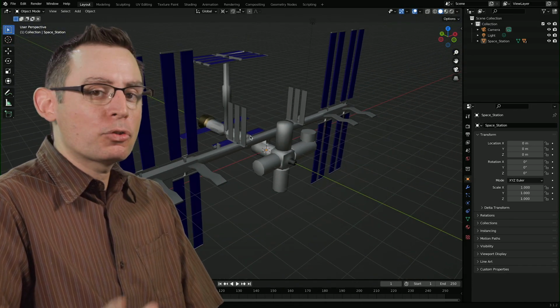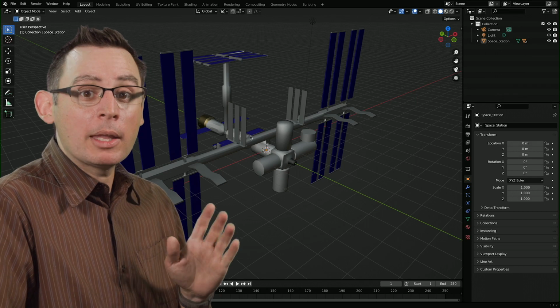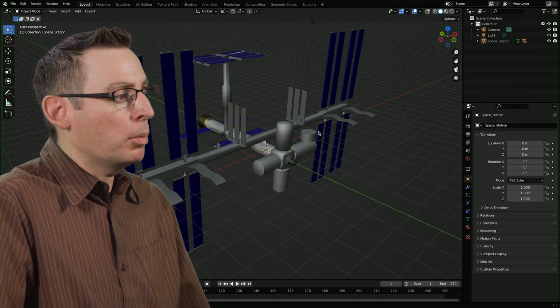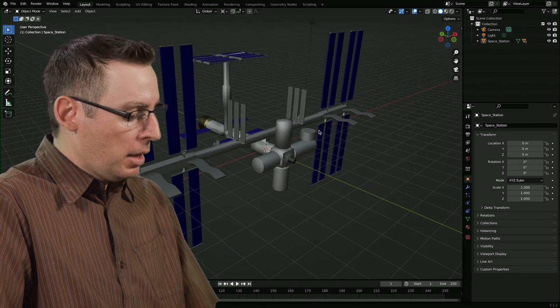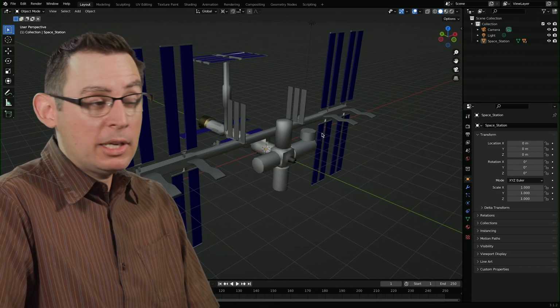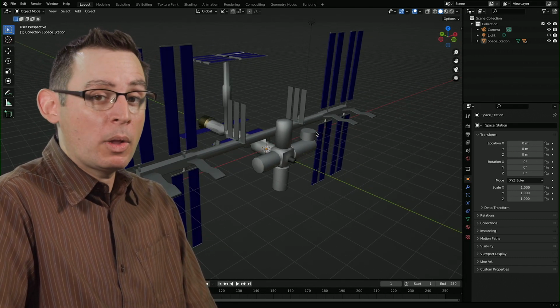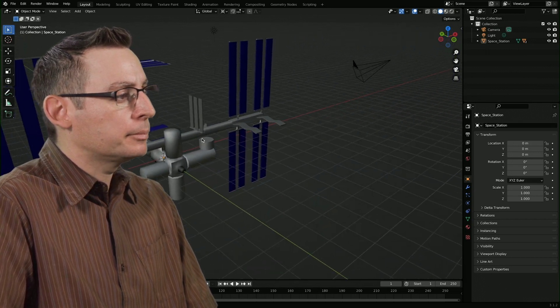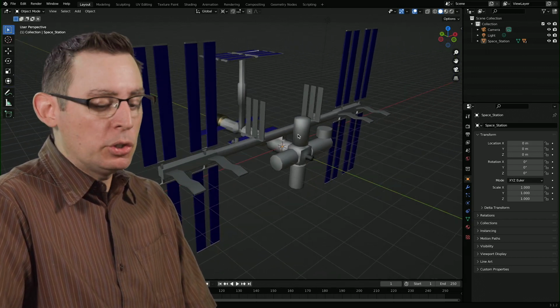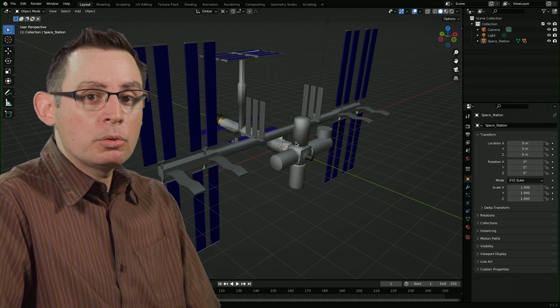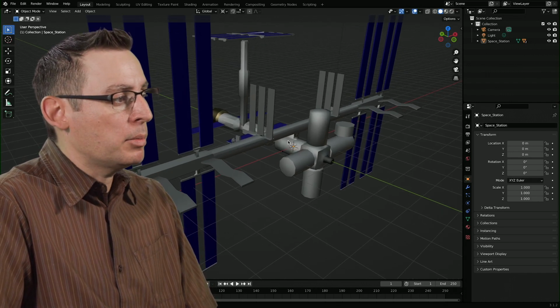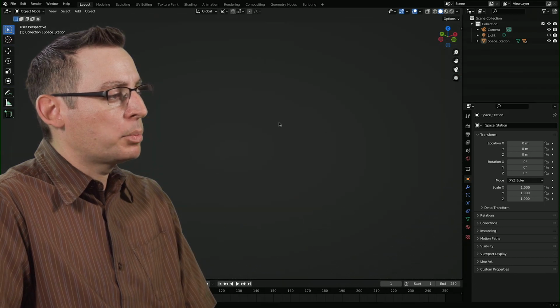So we have 3 different viewport navigation commands inside of Blender. We have the orbit, which is performed by pressing and holding the middle mouse button. We have a pan, which is pressing and holding the middle mouse button, as well as the shift key. And then we have the zoom, which is pressing and holding the middle mouse button with the control and shift keys pressed on the keyboard. And there we go, which is pretty cool.